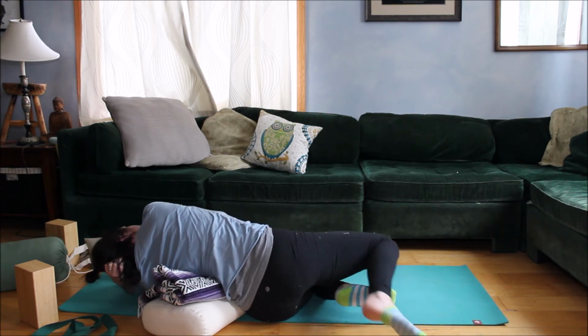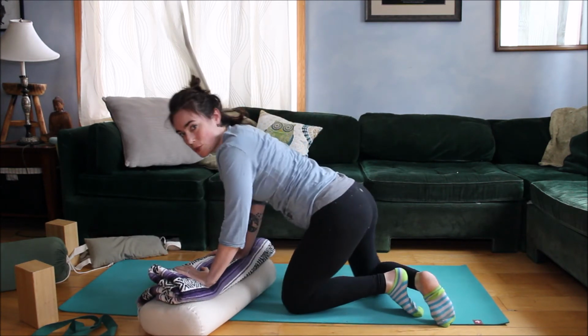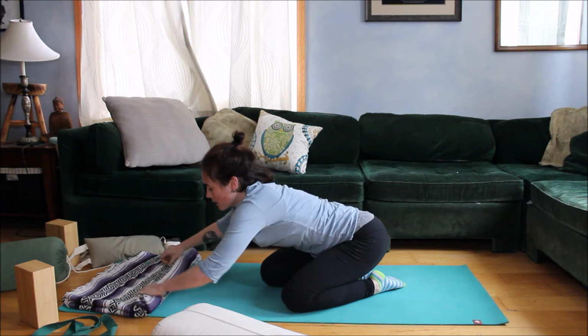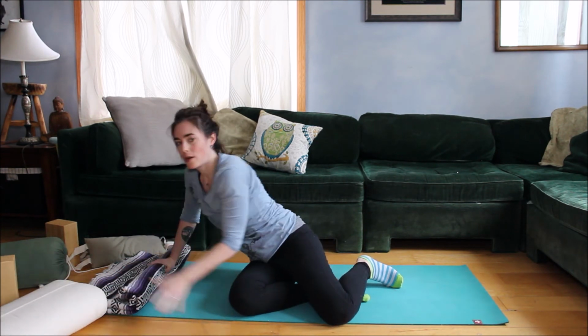And bend the knees and slowly come on back up. And from here, we're gonna build into a twist. For this twist, we're gonna lie on our back. So again, if you like to have a little support under your neck, feel free to make a little neck roll. And then for this one, a lot of us are gonna want a bigger bolster